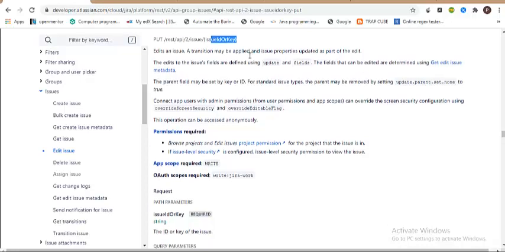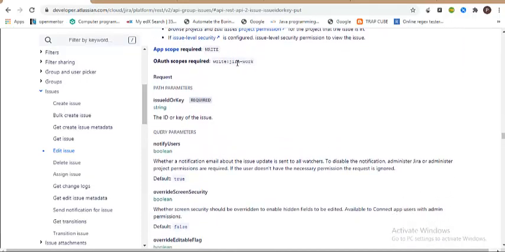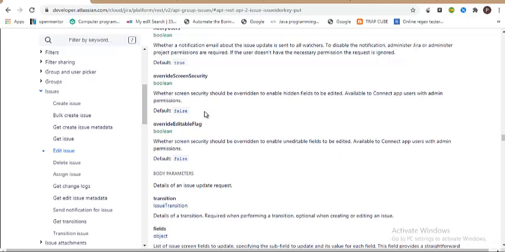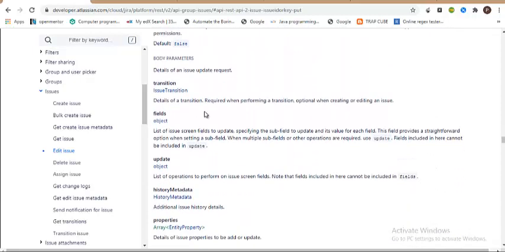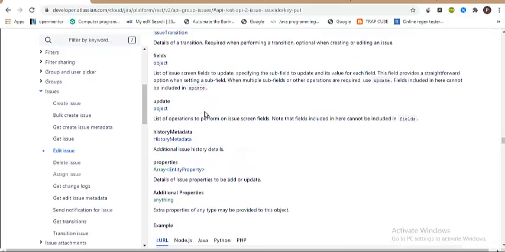So let's get through the documentation. They are expecting the path parameter, which is an issue ID, and if you come down a little below, the fields are the same. Whatever request body you have used while creating the record can also be used, but we will change the values inside. Say, for example, if I wanted to have a different description than what it was, let me update that so that we can better understand. That is the request body, because even when you are updating a record, it is a partial update, so you need to give the request body.